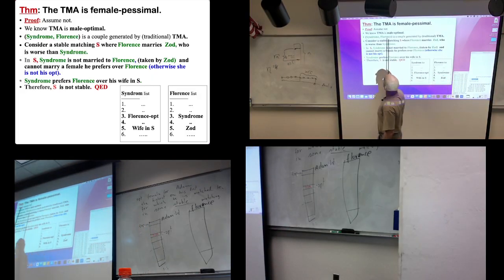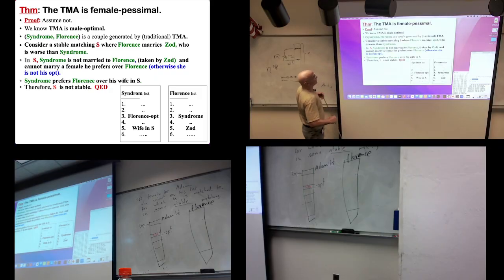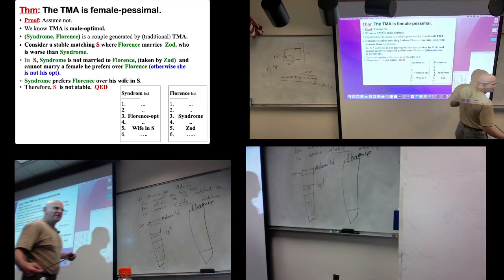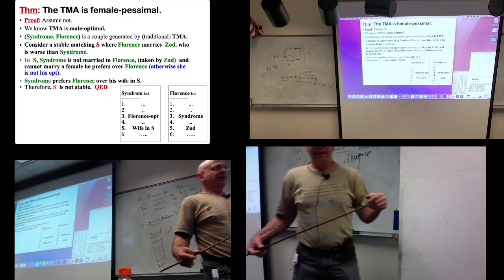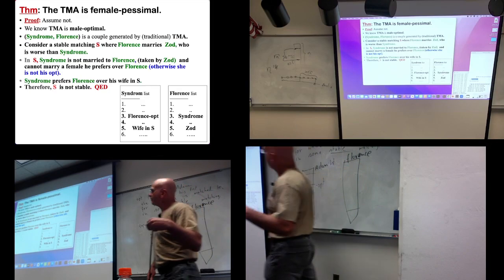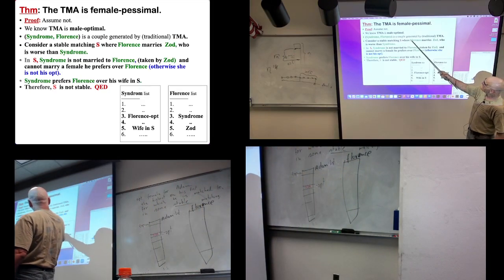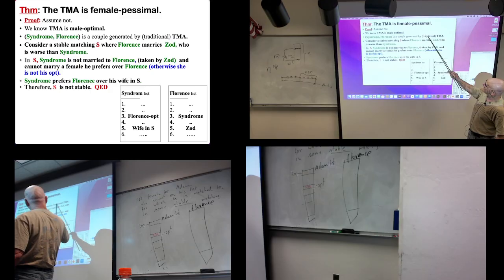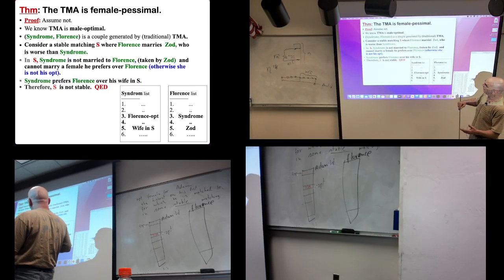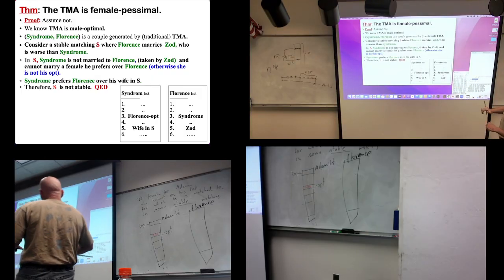Assume that it's not true, and we know that the TMA is male optimal. And now I needed names of bad characters, so I looked at movies that I remembered at the time, and I came up with a few negative characters. So let's think that Syndrome and Florence is some couple that is generated by the traditional marriage algorithm. Male makes proposal, females respond. Okay. And